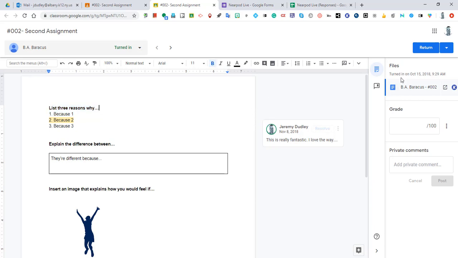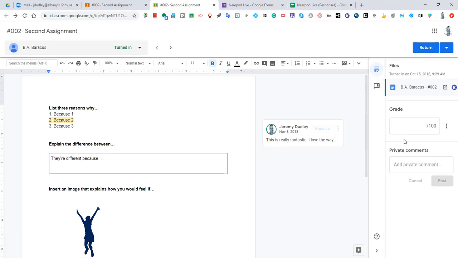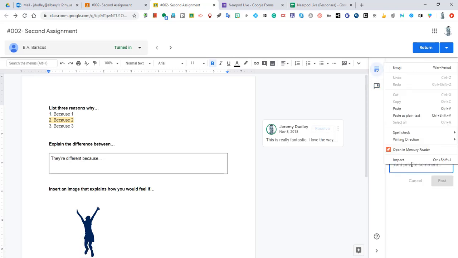You can also, on the far right side, grade the student work from right here. We can add private comments that will go to just that student, and then I could post it. We also have a comment bank feature. So if you have comments loaded into your comment bank, you can simply click on the three dots, choose copy to clipboard, and then perhaps come back here and add that as a private comment